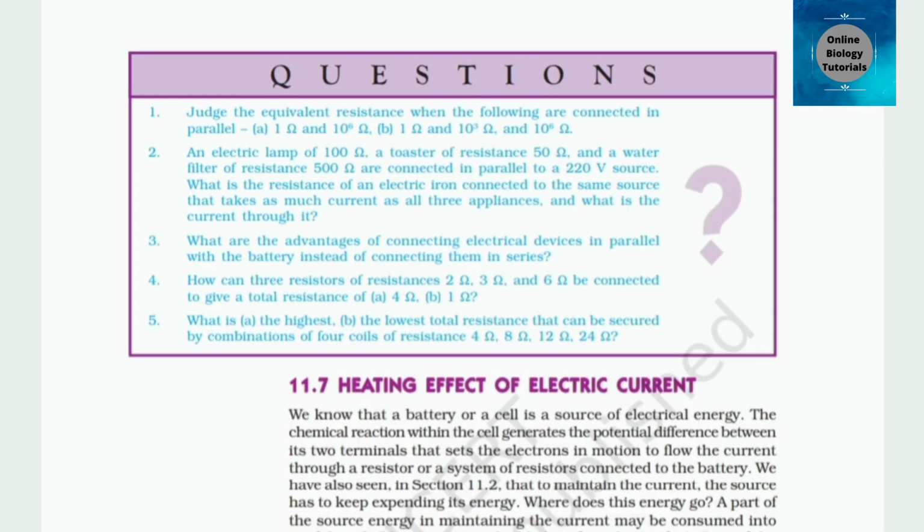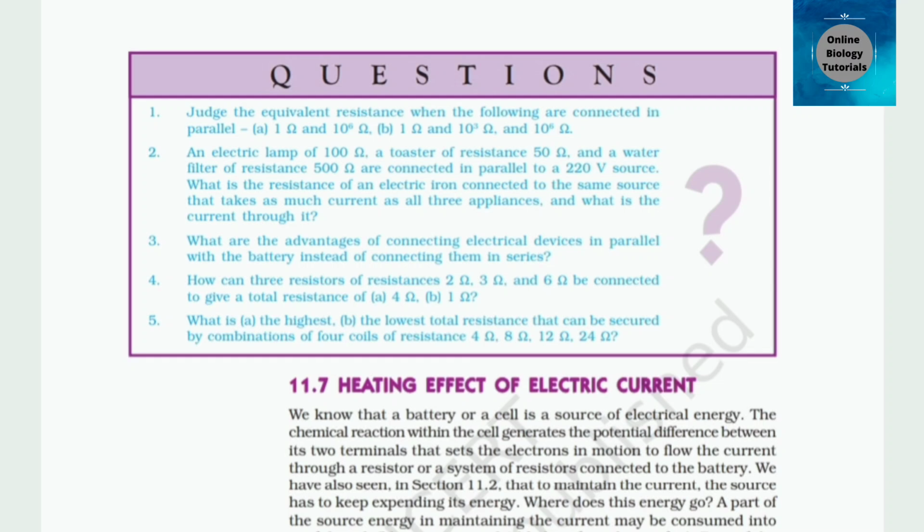Questions. 1. Judge the equivalent resistance when the following are connected in parallel: A, 1 ohm and 10^6 ohm; B, 1 ohm and 10^3 ohm and 10^6 ohm. 2. An electric lamp of 100 ohm, a toaster of resistance 50 ohm, and a water filter of resistance 500 ohm are connected in parallel to a 220 V source. What is the resistance of an electric iron connected to the same source that takes as much current as all three appliances, and what is the